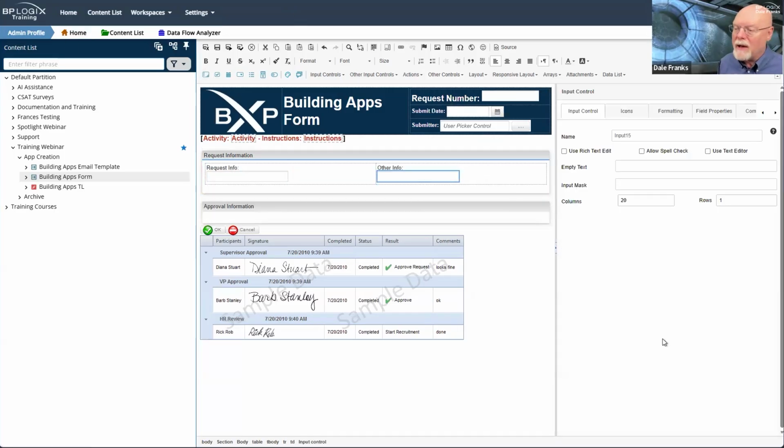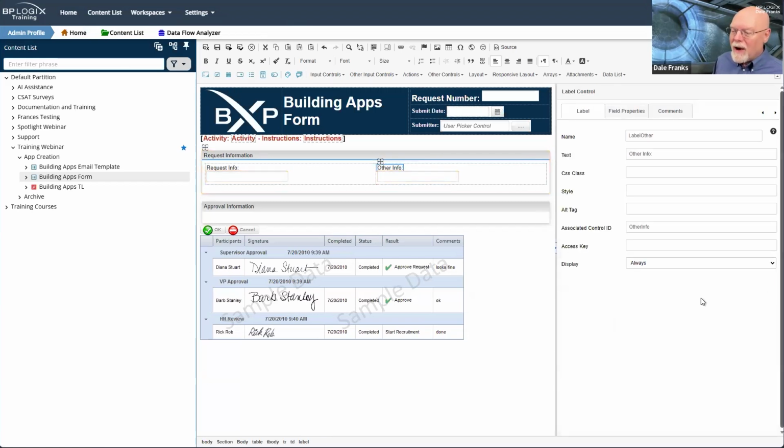I'll just add another text field here, which I will name other info. Now, what this enables me to do, well, it enables me to do two things. When I have a label control, and that label control is associated with a regular form control, and there we go, there's my label properties over on the right side.